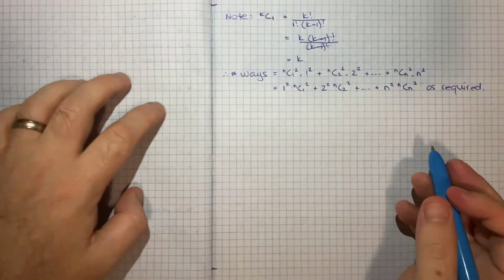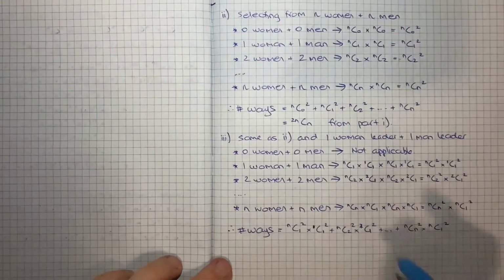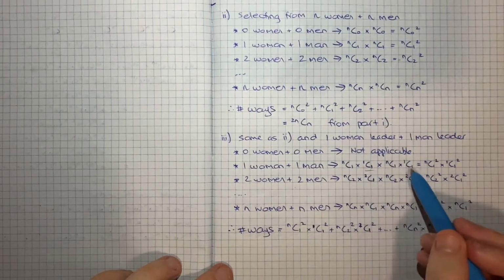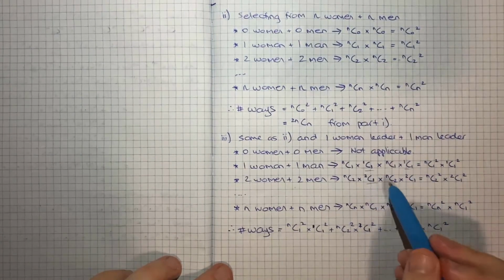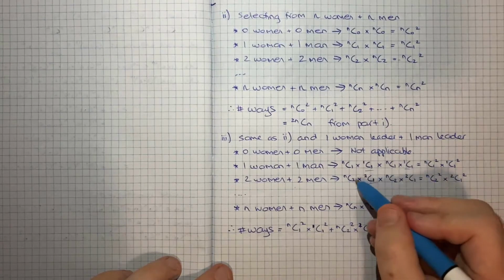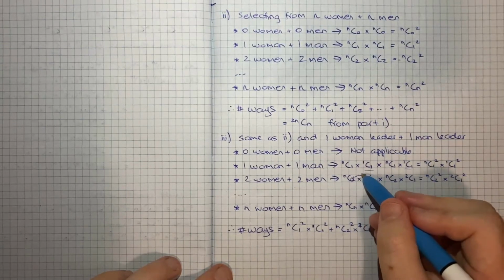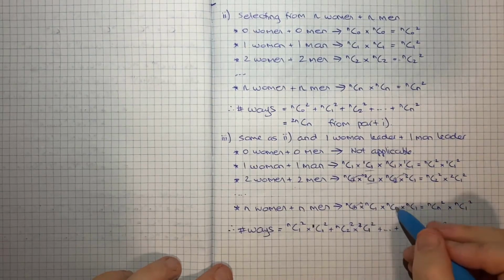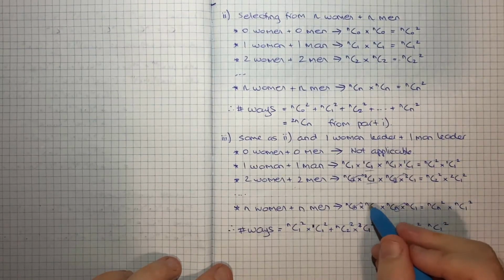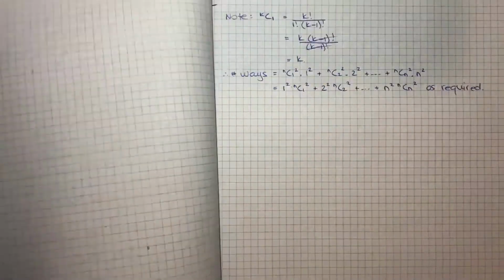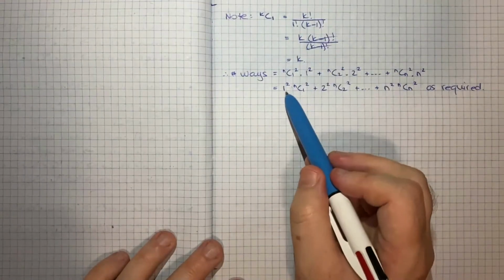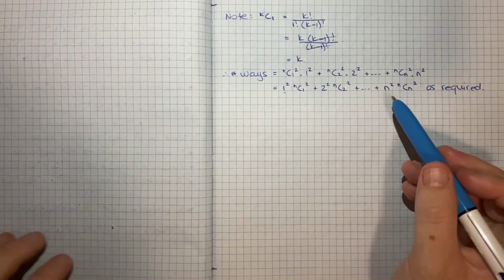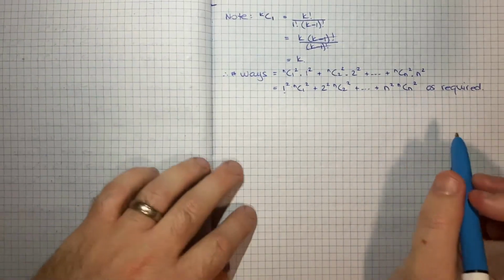So that's how to tackle part 3. I think it was really just taking the same approach as part 2, but then adding on this extra step of picking the leader from the number of people. See how this number here translates up here each time? That's because we're picking a certain number of people and then we're picking 1 from that. And then knowing that you can simplify that is how we get to the ultimate result that we were being asked to show. So that leads us to part 4,